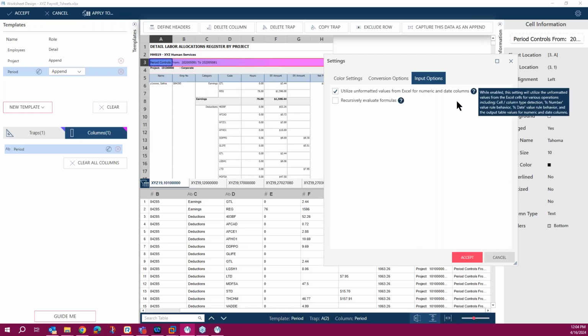The other option is recursively evaluate formula. This is in case you have an Excel file with multiple sheets and one cell gets its value from another cell, which is a cell reference, and there are some formulas in that cell reference being applied.